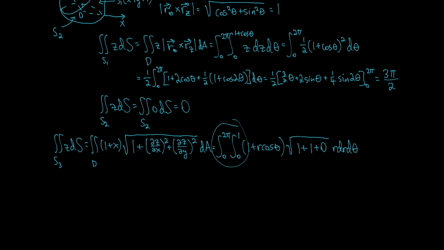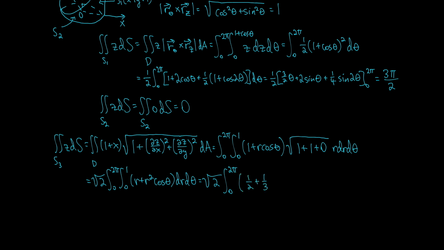We'll go from 0 to 1 for r and 0 to 2 pi for theta, because we're integrating over disk D. So then we get the square root of 2 times the integral from 0 to 2 pi, 0 to 1, of r plus r squared cosine theta, dr d theta, which is equal to the square root of 2 times the integral from 0 to 2 pi of one half plus 1/3 cosine theta d theta, which is the square root of 2 times theta over 2 plus sine of theta over 3, from 0 to 2 pi,